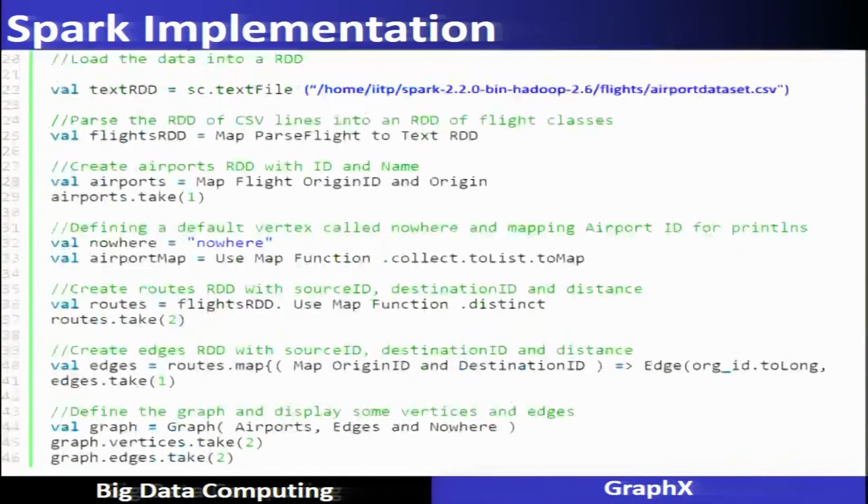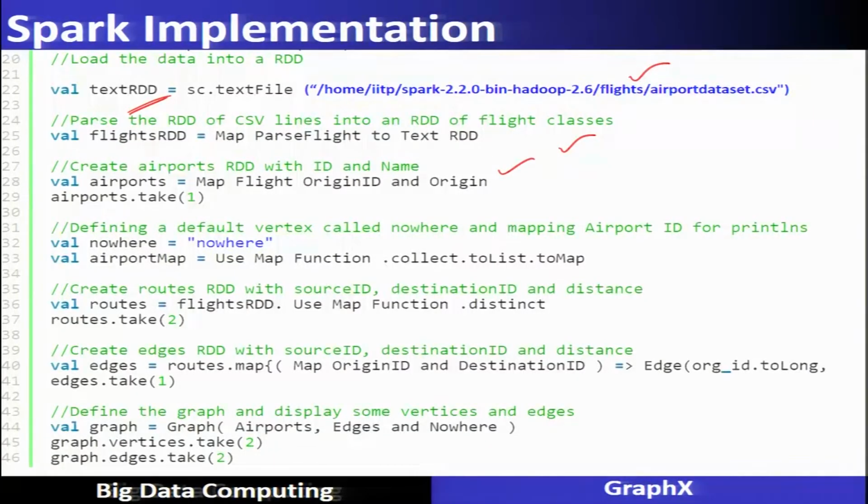The next step is to read the text file. Once it is read, it becomes an RDD in the Spark system. Now we parse the RDD into an RDD of the flight class using the map function, and create the airport RDDs with the IDs and names using this function.